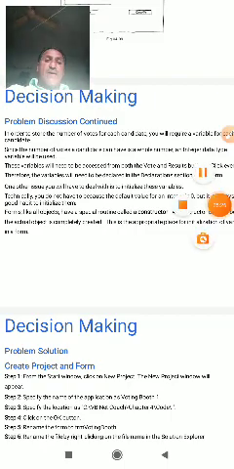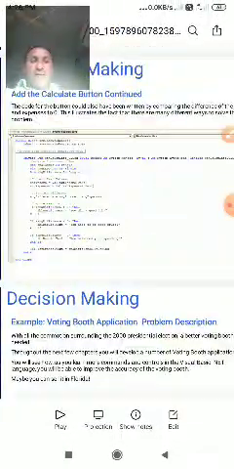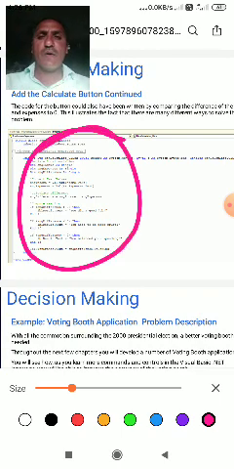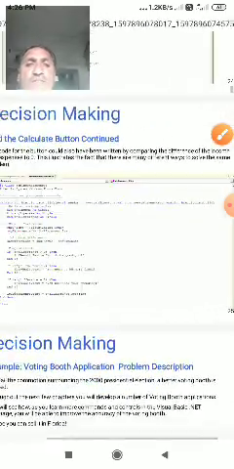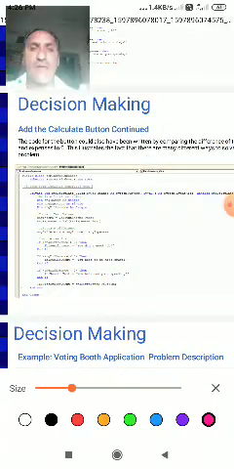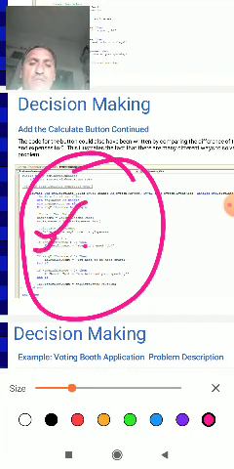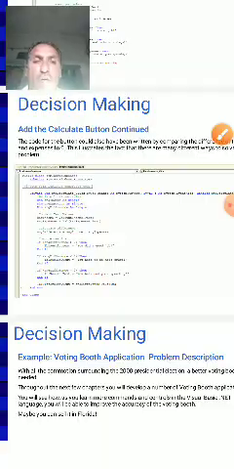This is done through Visual Basic if-else statements, for example. In the code window, write the statements of if, then, and end if. So this is how to write the program.